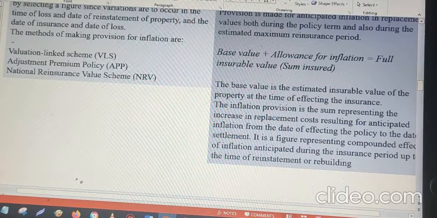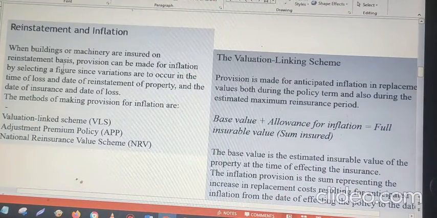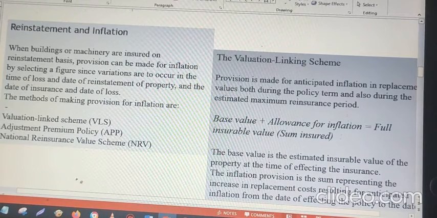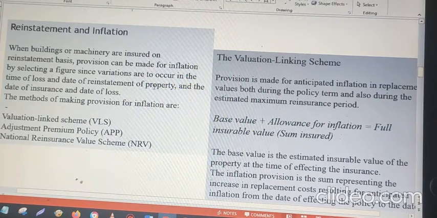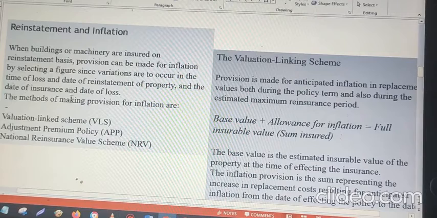Loss of the saleable value is equal to the difference between pre-fire and post-fire MV. Reinstatement and inflation. When buildings or machinery are insured on reinstatement basis, provision can be made for inflation by selecting a figure. Provision is made for inflation, particularly when a policy is taken on the reinstatement basis, since variations are likely to occur in the time of loss and date of reinstatement of property, and the date of insurance and date